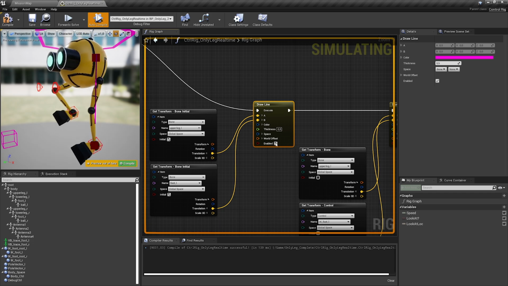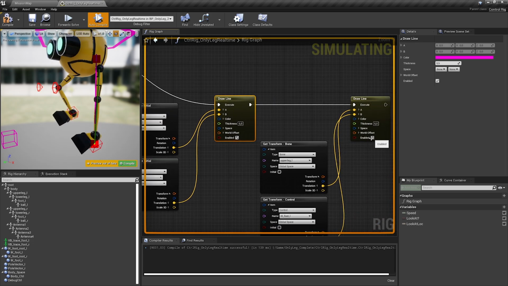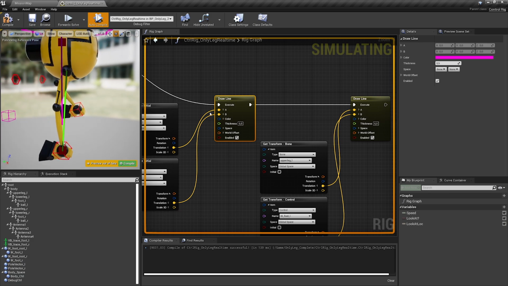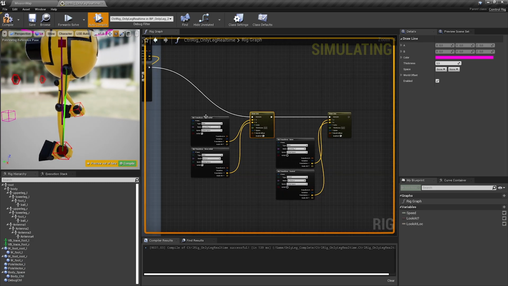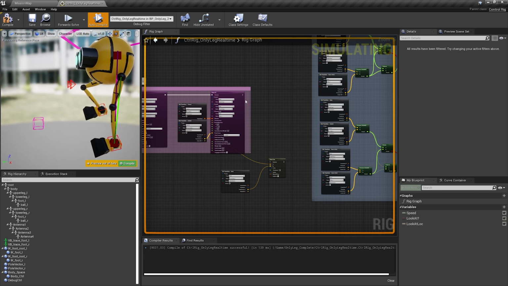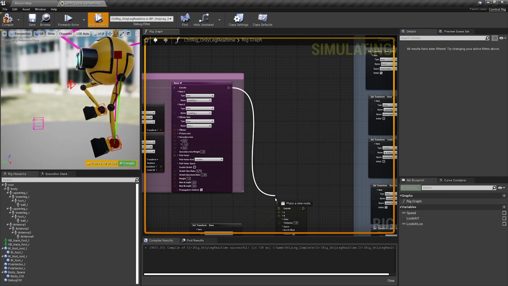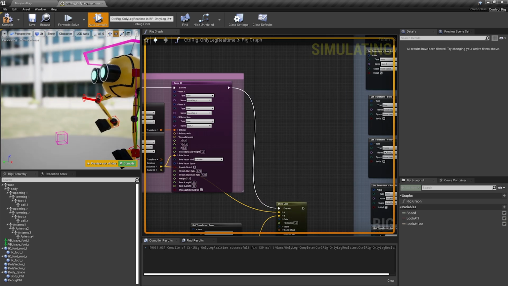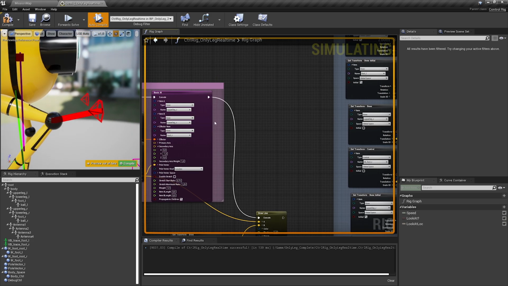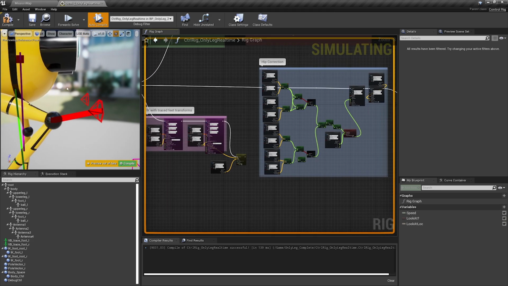Here, draw line. I can enable them here, and then I can draw some lines which help me greatly to see what's going on in my rig and if it's behaving like I was expecting. You can also use those for enhancing the visuals of your rig. So I use this, for example, to visualize a little bit better which pole vector is attached to which knee, like that.